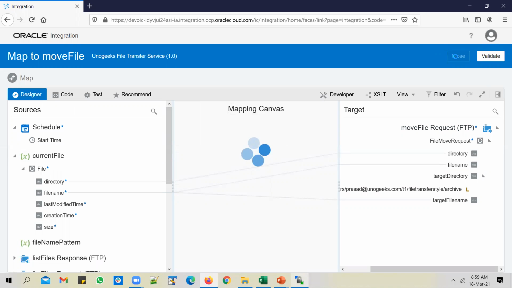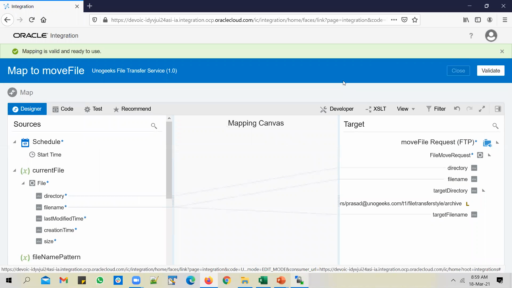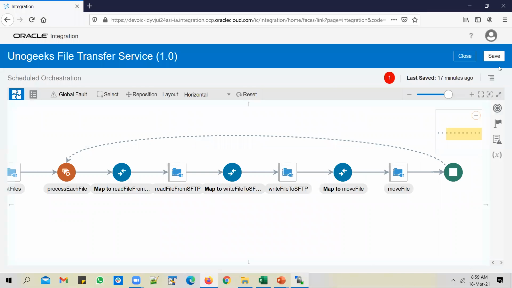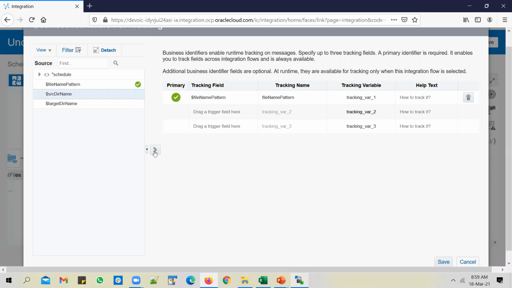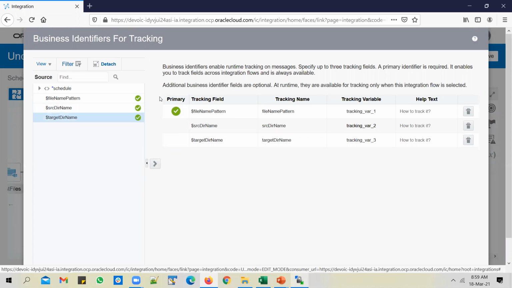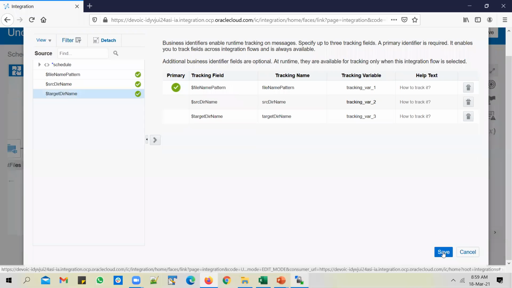Validate, close, enable tracking. Use file name pattern, source directory, and target directory as tracking identifiers. We're getting 3 inputs and we can use all of them as tracking identifiers. Save it.